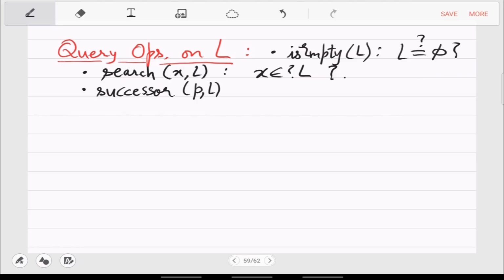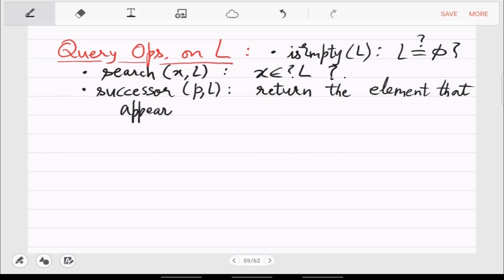So successor of location P in the list L. So this returns the element that appears after location P in list L. And similarly, the opposite of this is predecessor.